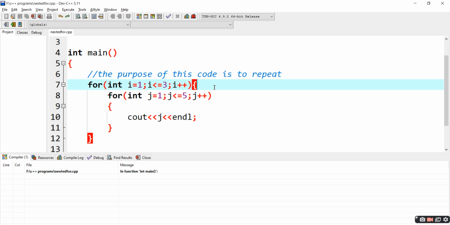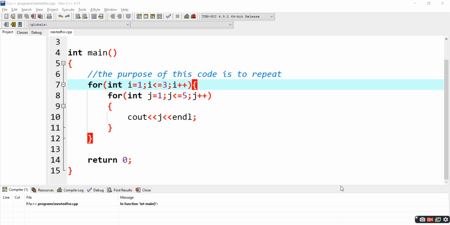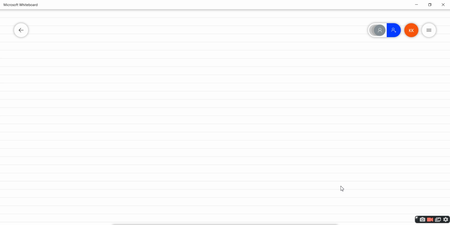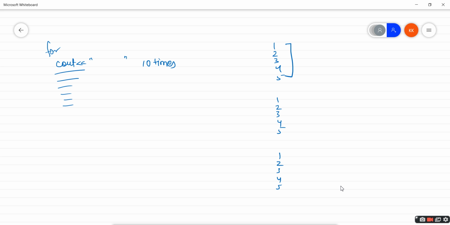Okay, so I'm explaining this program, right? Let's say we have cout 10 times. Then instead of writing cout 10 times, I need a for loop. In the same way, when I need this output 3 times, why can't I use a for loop again?